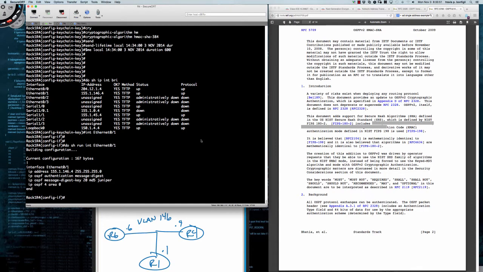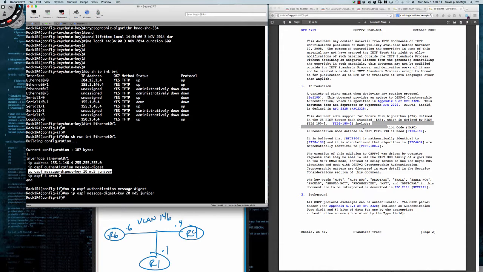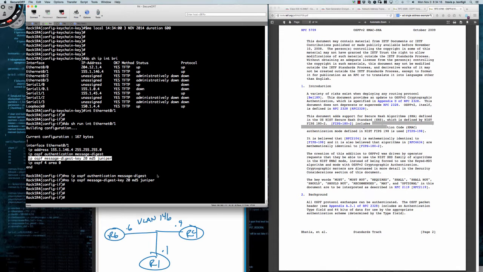And as you can see here, we have the area command as well as the authentication and the IP OSPF message digest key setting. So under the interface here, we're going to pull off the authentication message digest, and we're also going to pull off the message digest key because we're no longer using MD5. Remember, now we're using our keychain, and the keychain already has